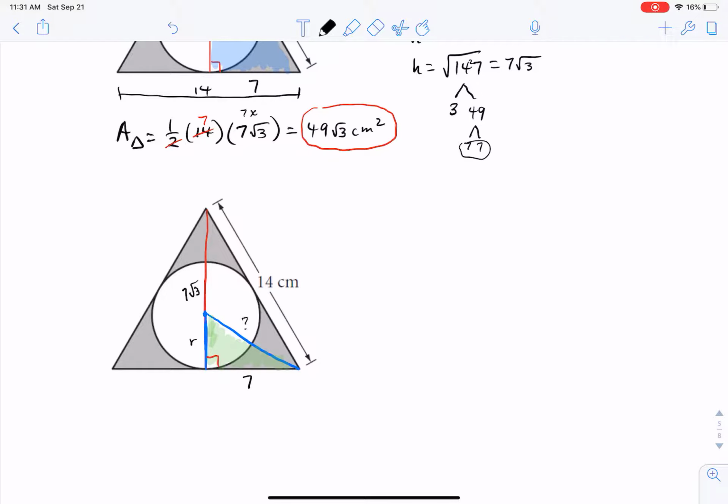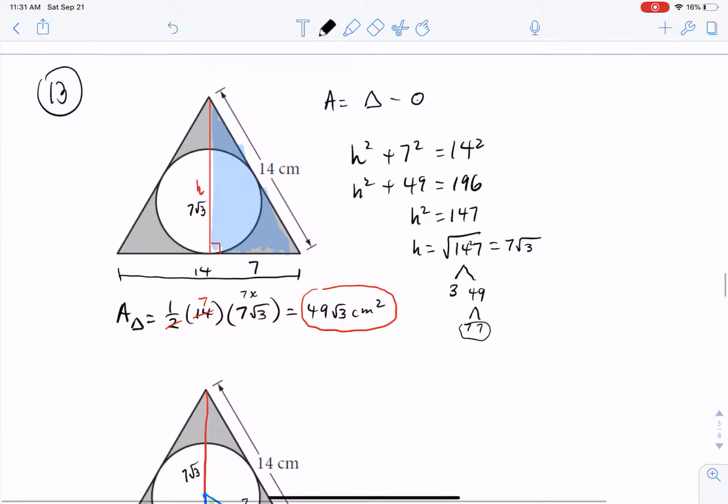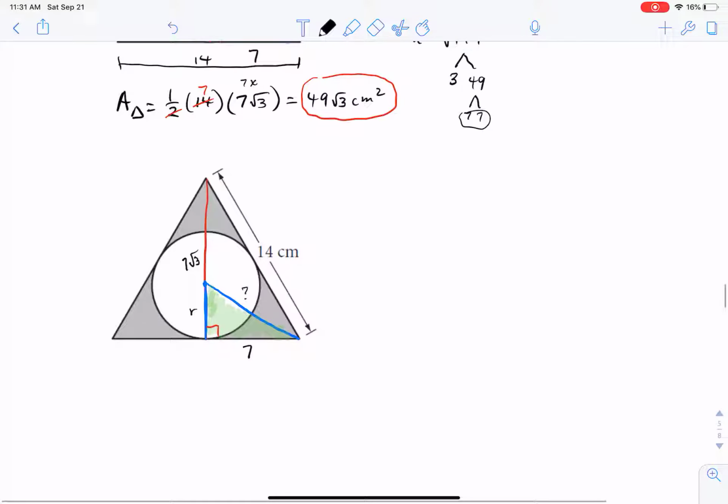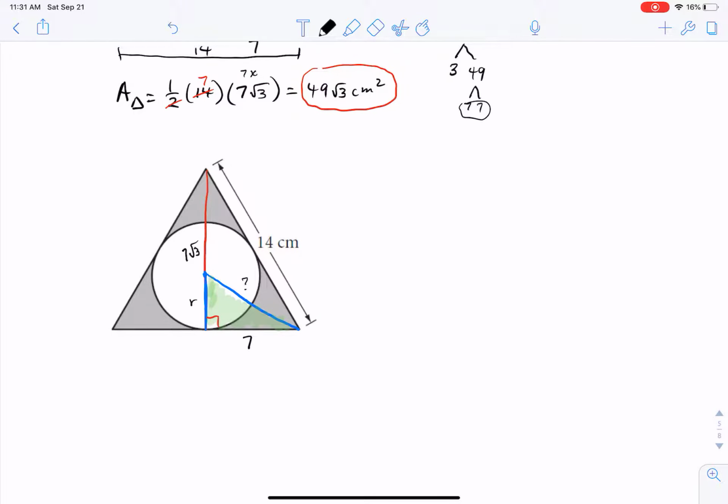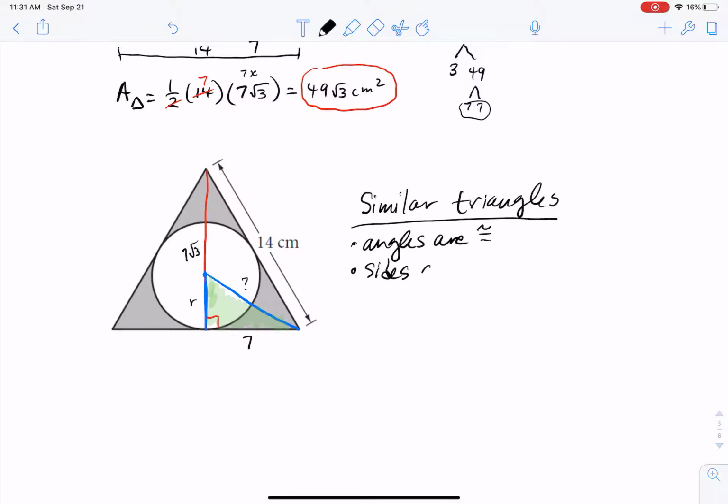So the two right triangles that are in the picture currently, the one that we used up here to solve for the height, and the green one that I just drew in, these things are similar triangles. And similar triangles means two things. It means their angles are congruent, and it also means that their sides are proportional. Proportional means that we're just going to set ourselves up a proportion, equal ratios, and cross multiply in order to